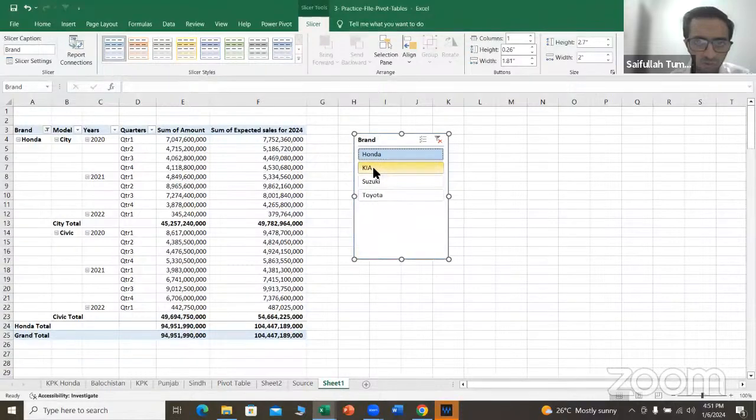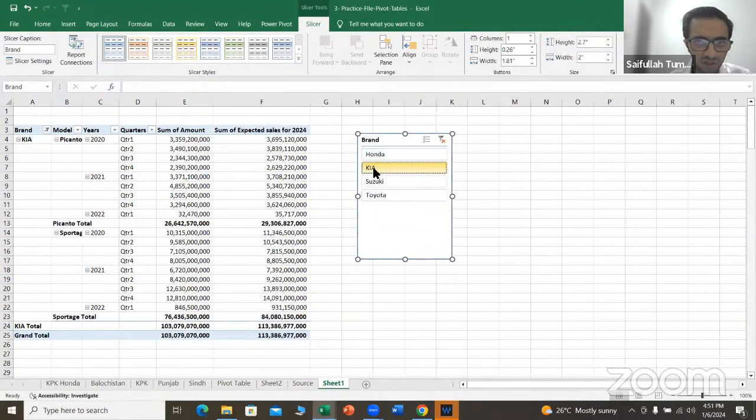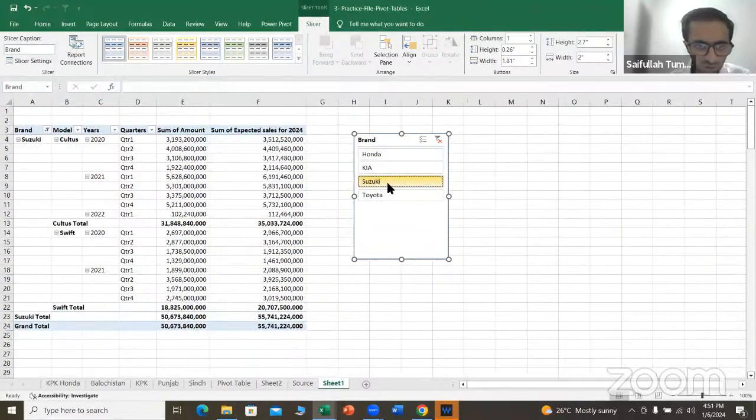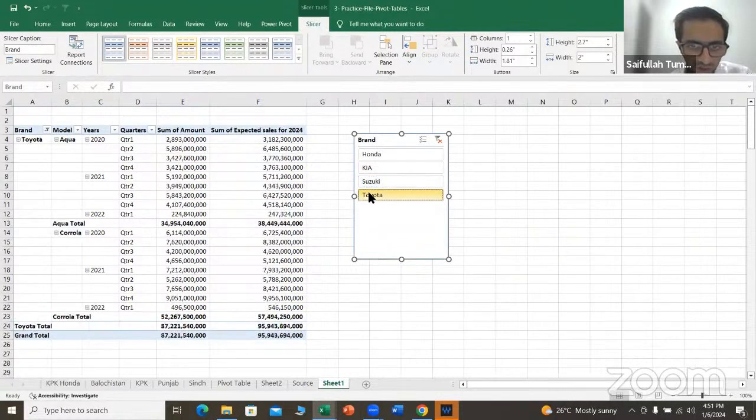For example, I want to know the sales of Kia. I will click Kia. I will click Suzuki. Likewise, it will be something like this. If I want to know the sales of Toyota, it will be like this. If I want to know my sales year wise,